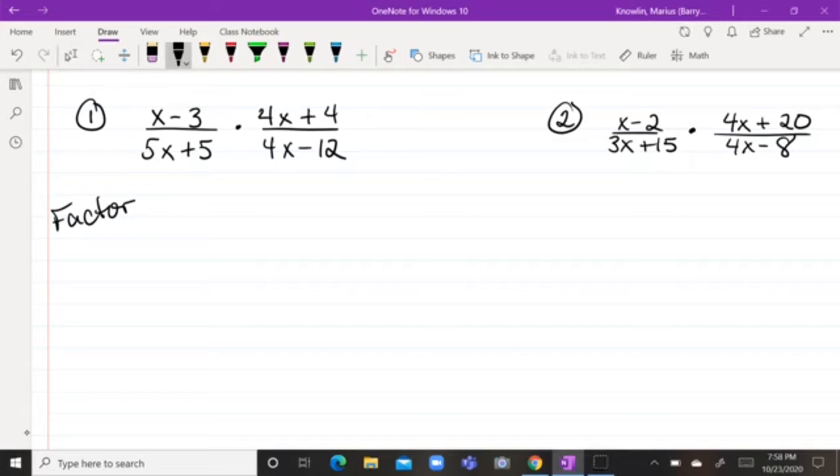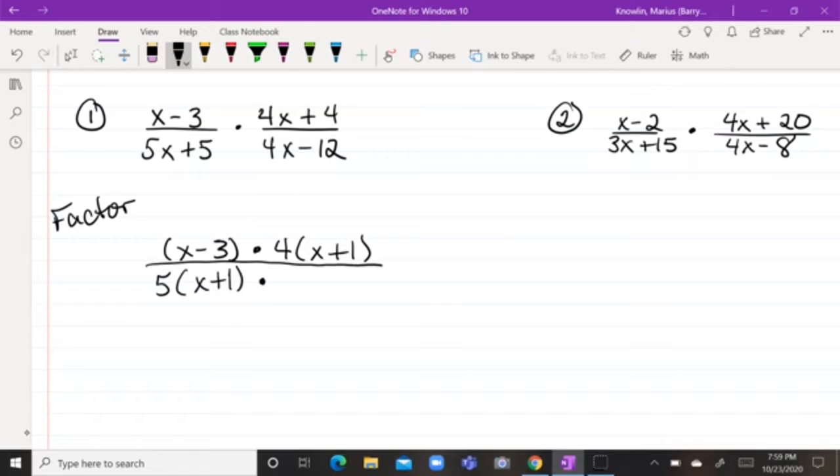So we're going to rewrite this as factors so that the first fraction, the numerator, can stay the same, x minus 3, times the second numerator. The greatest common factor there is 4, so we're going to factor that out, and that leaves you with x plus 1. All of that's going to be divided by, now that first denominator, the 5x plus 5, you can factor out a 5, so that's going to leave you with 5 times x plus 1